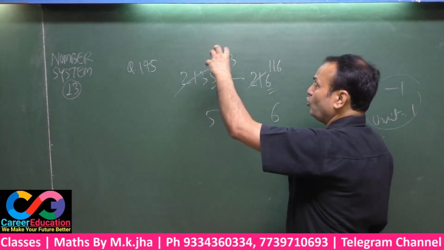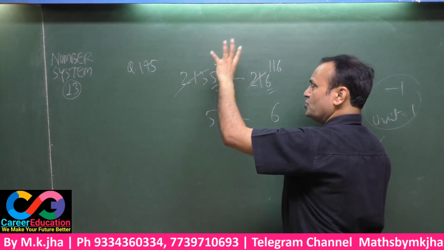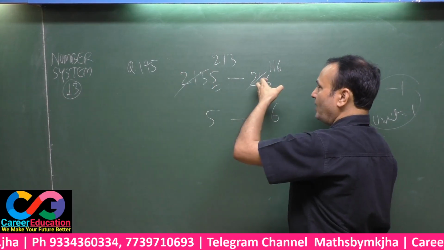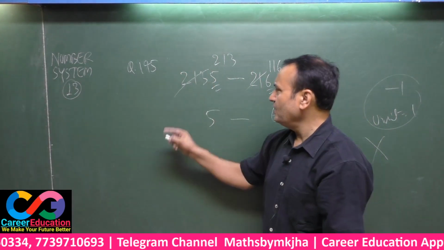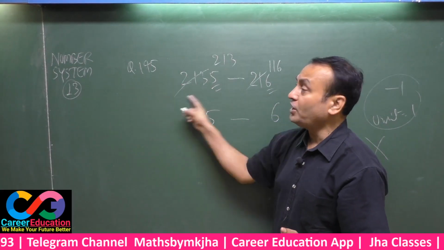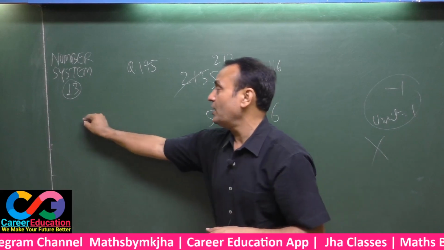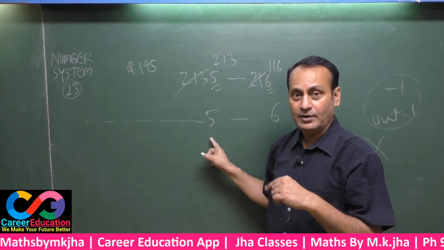That means we have to subtract this value from this value. This is a very big value, and you have to subtract this one from that one. You are saying only the unit of this product is 5. That means there are so many digits here. The unit is 5. We can see only the unit.